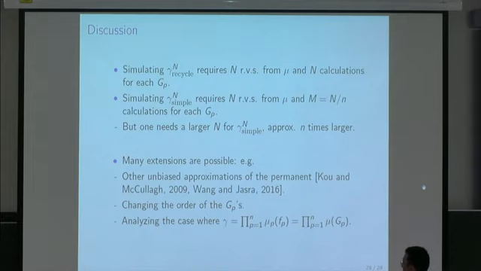There are many extensions possible. I did mention before that there are different estimators of the permanent which you could use. The one of Kuo and McCullough is very good for square matrices. I believe it's basically still the state of the art for approximating the permanent of square matrices. If you use it for this problem, in fact, it's much worse than just the simple Kuznetsov estimator of the permanent, precisely because it's very well adapted to the square matrix case.